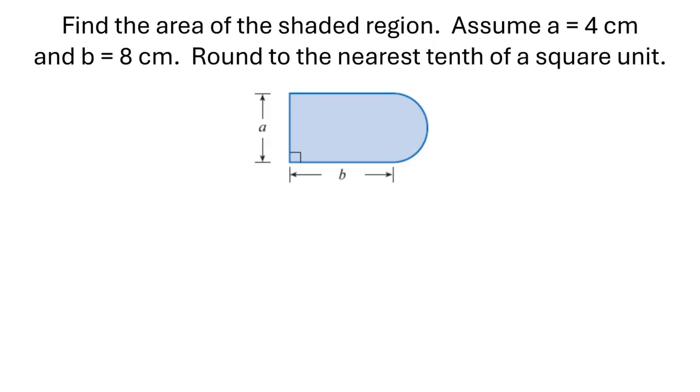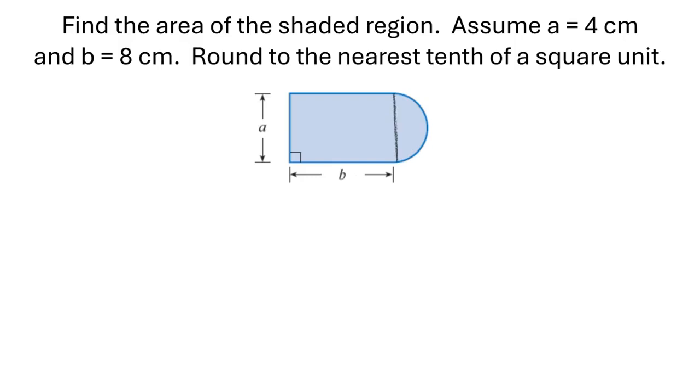In this problem, we're asked to find the area of the shaded region, and we need to assume that A is equal to 4 centimeters and B is equal to 8 centimeters, and we need to round to the nearest tenth of a square unit. The key to unlocking the secret to this problem is to realize that this shape is just a rectangle and